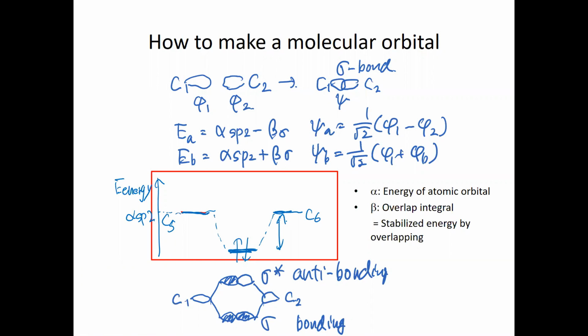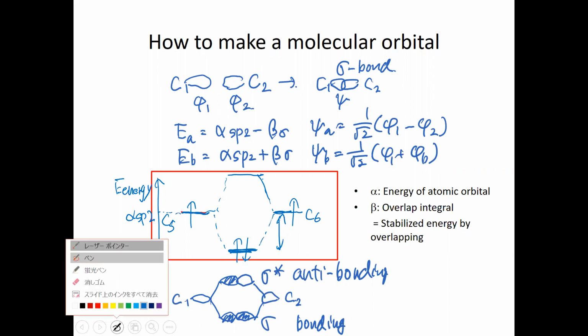On the other hand, there's another energy level which becomes higher, and the two electrons come from each one of the carbons. This higher energy level is due to the overlapping with anti-phase. I don't go into the phase details, but